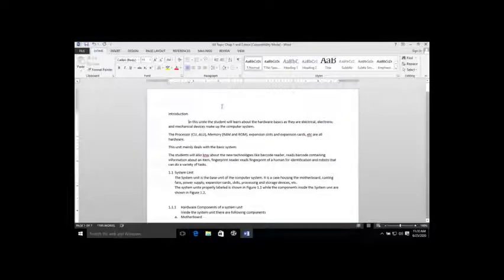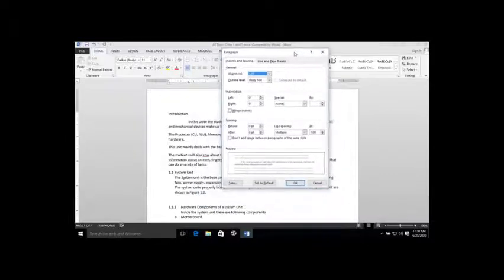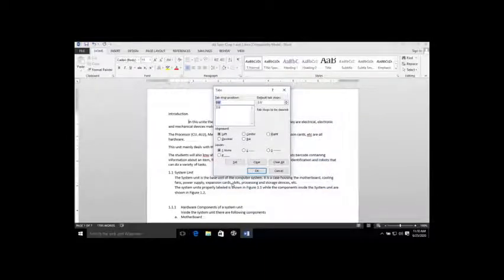How can you change it? Click on this small icon or button where it shows paragraph setting. When I click on it, here at the bottom of this paragraph window, we have the button Tabs. When I click on this button, it shows tab stop position 0.8.